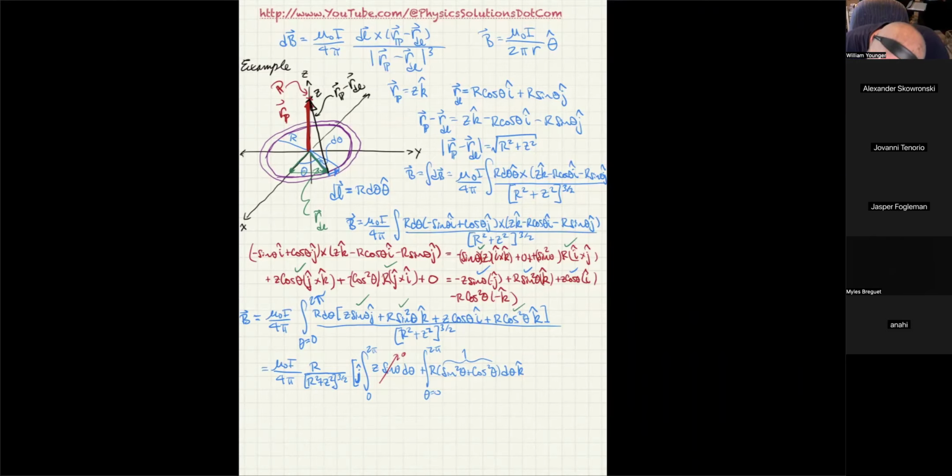And all I have left now is plus. This is one where I could pull the Z out in front and I could pull the j hat out in front. I didn't pull the Z out last time. I should have, but I didn't. But I did pull the j hat out in that first integral. So this is what's going to happen. I'm going to integrate from theta equals 0 to 2 pi again, but this time I'm integrating cosine theta d theta. And remember, that's from 0 to 2 pi, and clearly that's going to be 0